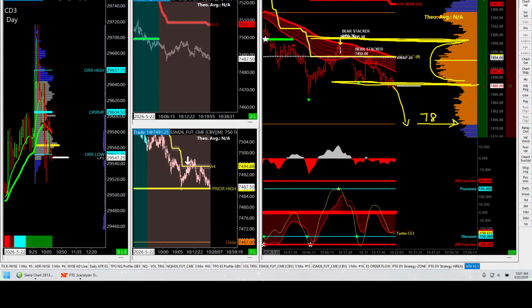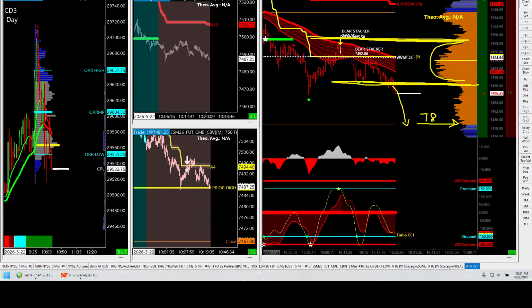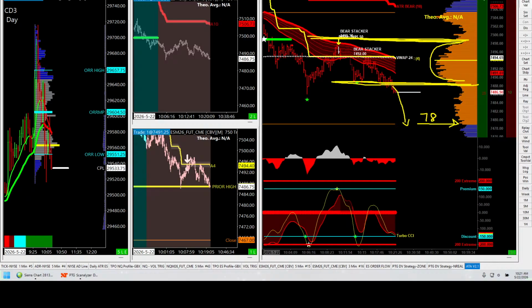Second time around, if the bulls are going to hold this, they're going to have to hold it, not just a little clip. They're going to have to prove that they want it. Otherwise, we could get that drip lower, and then 78's become the next. I'm calling it 78's, it could be different, but